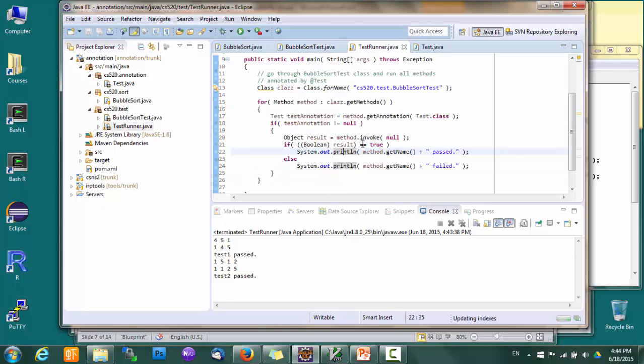Okay? We have successfully added annotation, we retrieved the annotation, and we have invoked the method that are annotated, and the result shows that our sort method was actually implemented correctly, and that's great. Now the basic stuff works. Let's add a little bit more to it. So in testing,